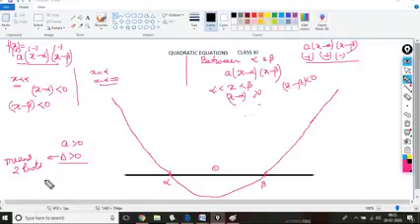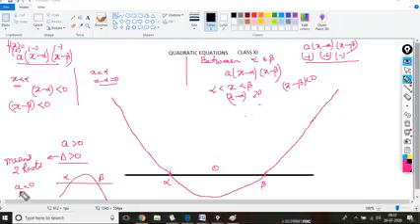Okay. What will happen if a was less than 0? This is the graph for a greater than 0. What will be the case if a is less than 0? It will simply invert, that's all. It will invert like this. This is alpha, this is beta. If a is less than 0 and delta is greater than 0, then what was positive is going to become negative, what was negative will become positive, and what was positive will become negative.